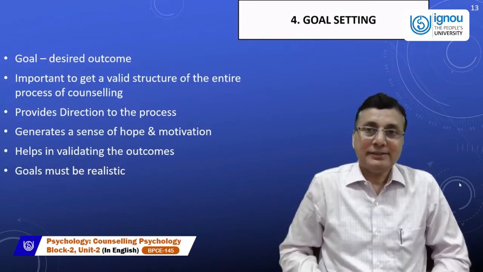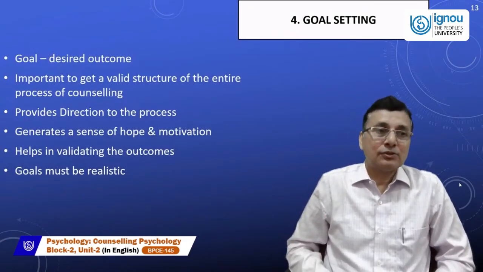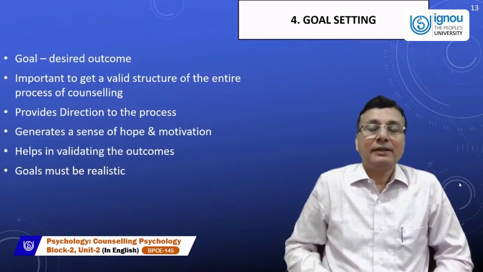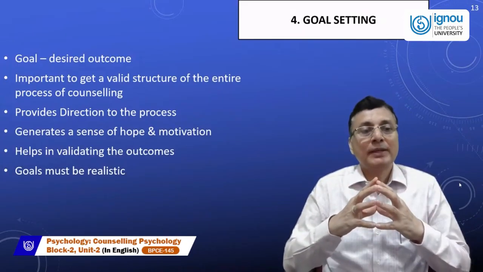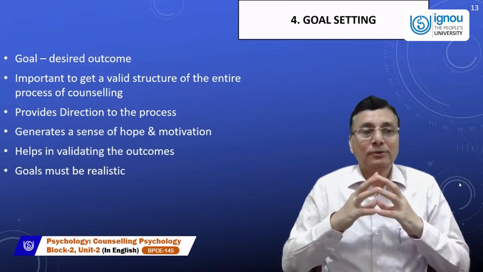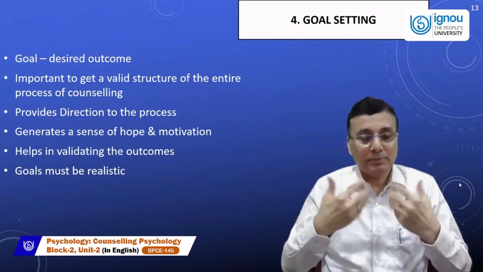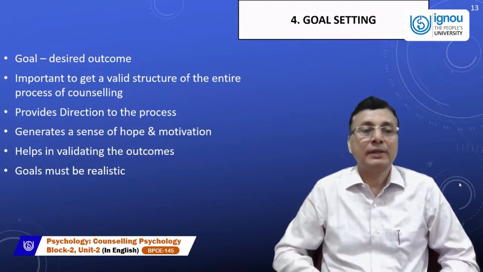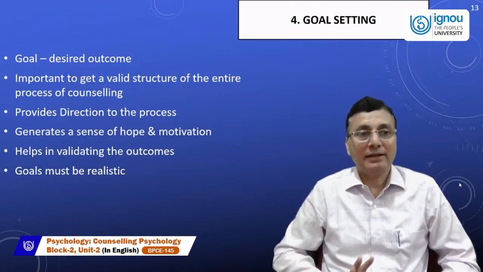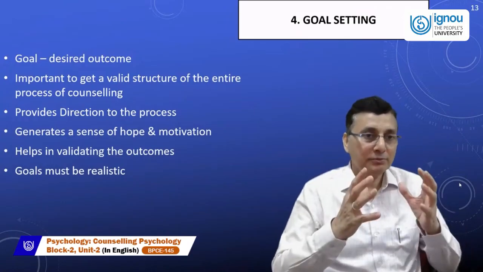So the fourth stage is goal setting. Goal setting means, what is the goal? If the client has come with some problem, the goal should be the desired outcome, like the problem should be managed, the problem should be solved. So the desired outcome should be